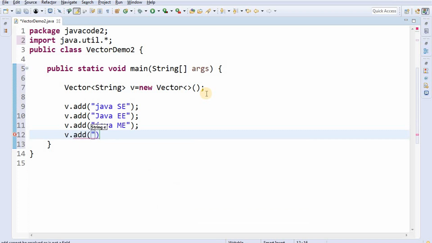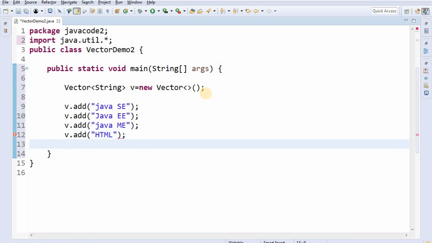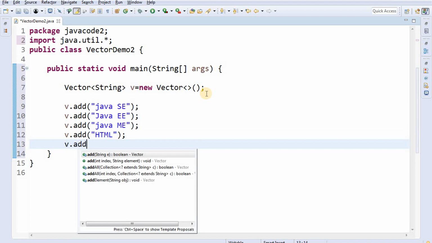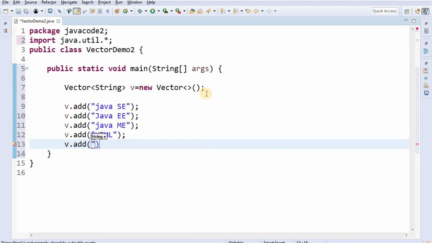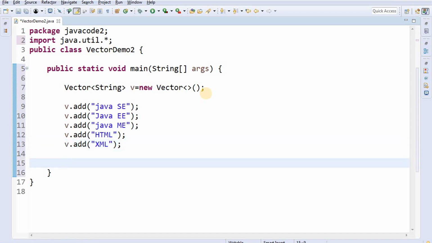Next v.add of HTML. Next v.add of XML. Like that I added 5 elements. Now I want to print all the elements by using the vector size method.